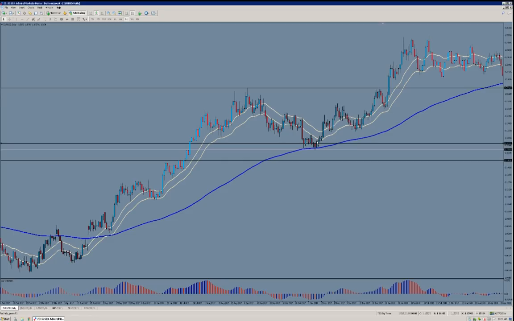Then Denise asks, do you only use the long-term move as your entry or the short-term bounces too? Okay, that's a good question. I use the short-term bounces too. So what I tend to do